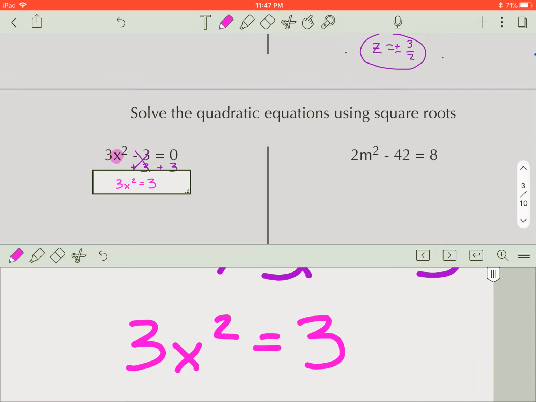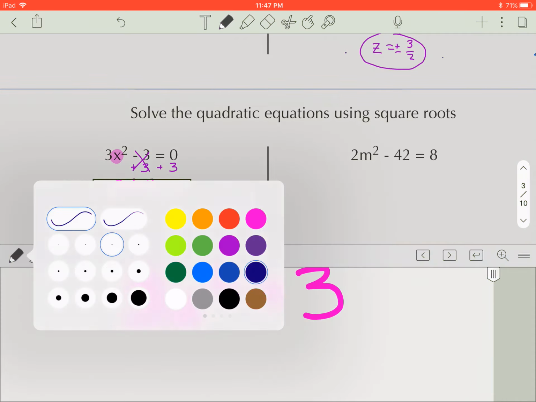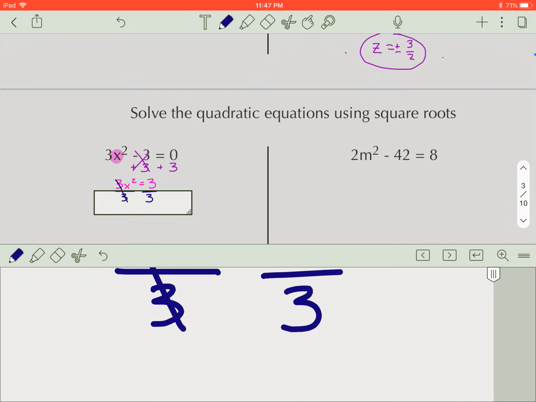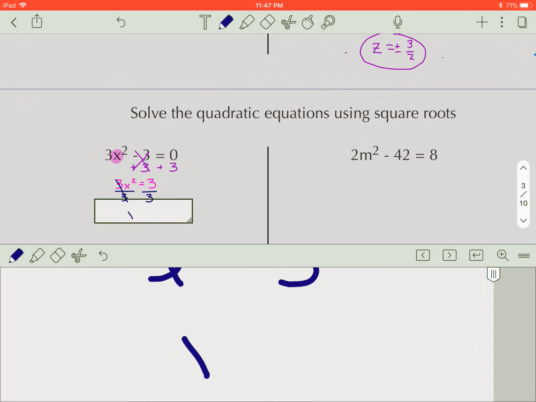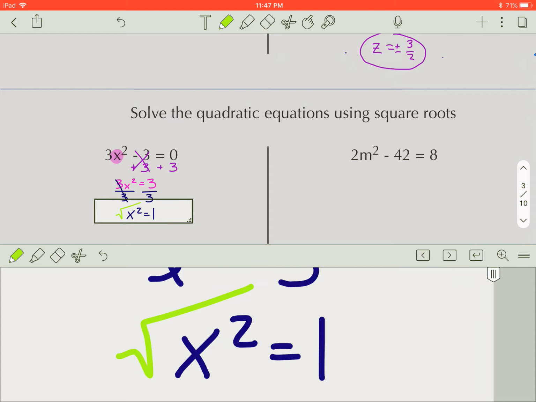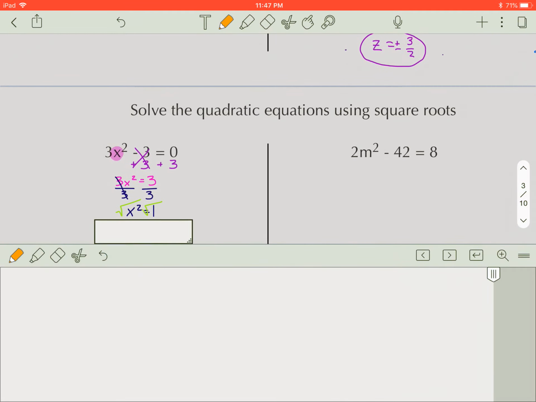Then I look at what's happening on the left-hand side. I have 3 times x squared, so I have to undo that multiplication by dividing both sides by 3. Divided by 3, divided by 3. 3 divided by 3 is 1, so they cancel out. I'm left with x squared equals, and 3 divided by 3 on the right-hand side is also 1. And now I am left with just x squared equals 1, and the inverse of squaring a number is taking the square root of that number. So I'm going to square root both sides,